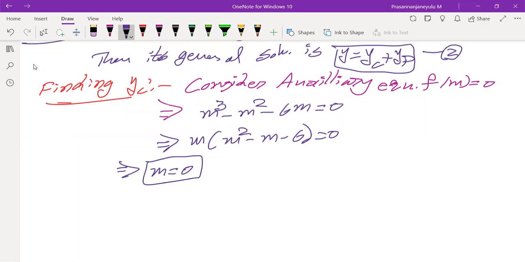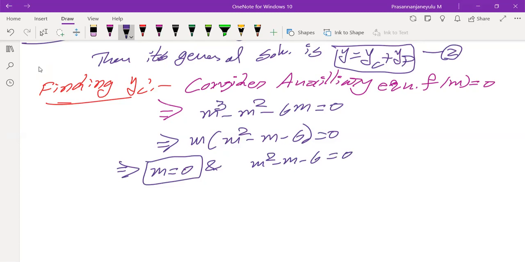Why? The reason is, I'll tell you after some time. Now I'm going to take m square minus m minus 6 equals to 0. Now, if we take this,